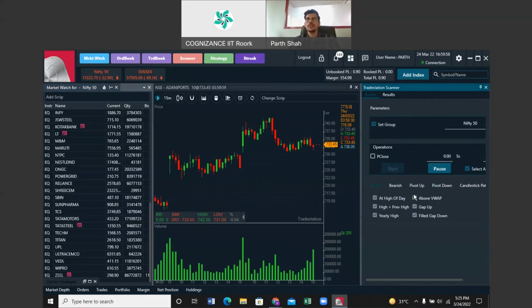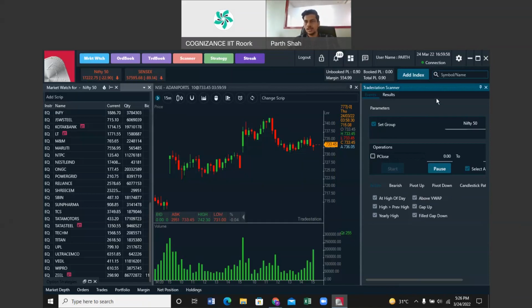So it is always difficult to identify in real time that this particular candle has formed so accurately, and you cannot see multiple charts, or you cannot evaluate, say, 15 stock charts at one particular point in time. That's the point where you need an automatic system which can evaluate it for you, which can tell you that here the doji candle has formed, or here the hammer has formed, or inverted hammer has formed, so that you are aware about that. Here is the point where you can make the trade.